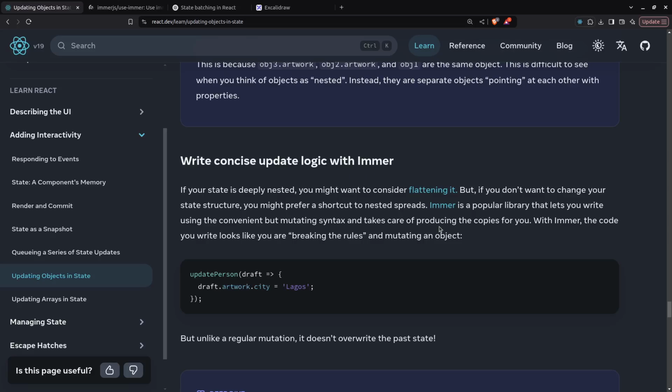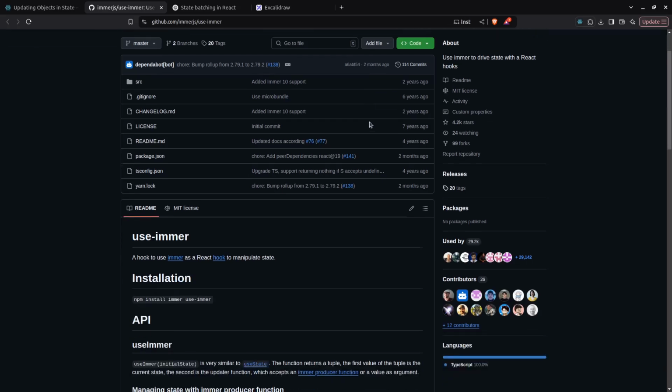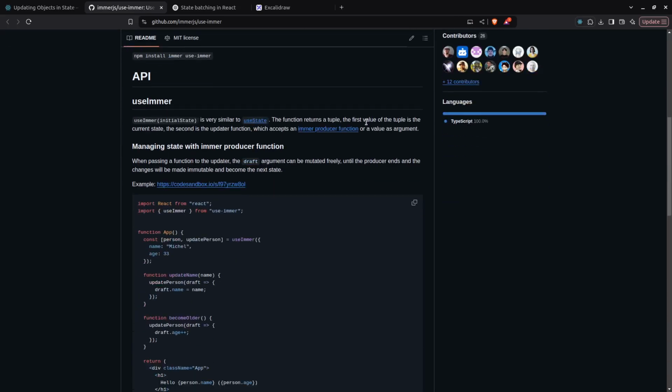With Immer, the code you write looks like it breaks the rules and mutates the object. But unlike regular mutation, it does not overwrite the past state. I think Immer should add other ways and